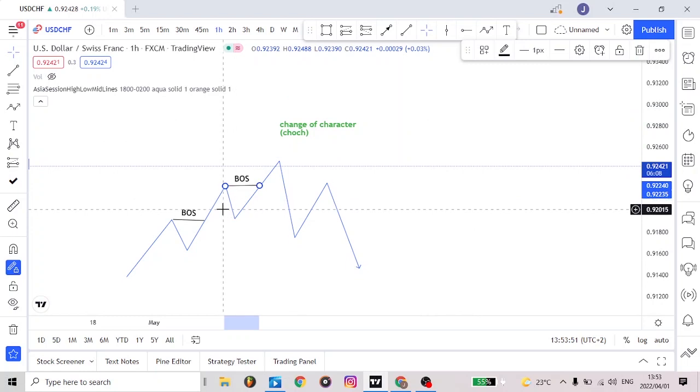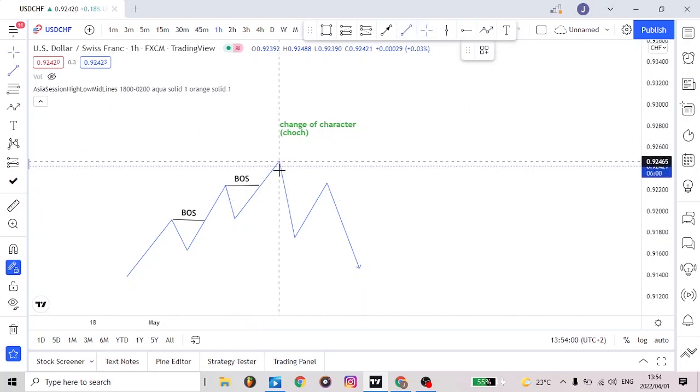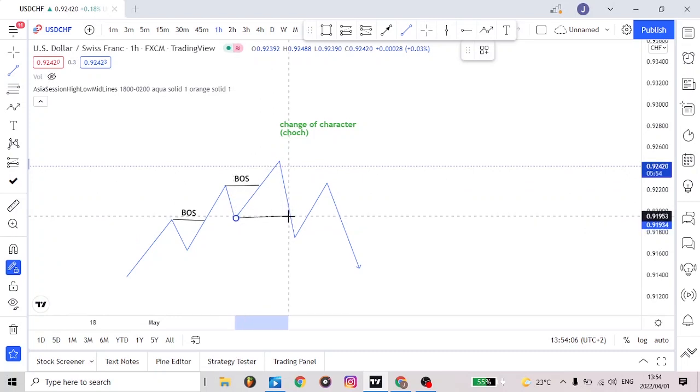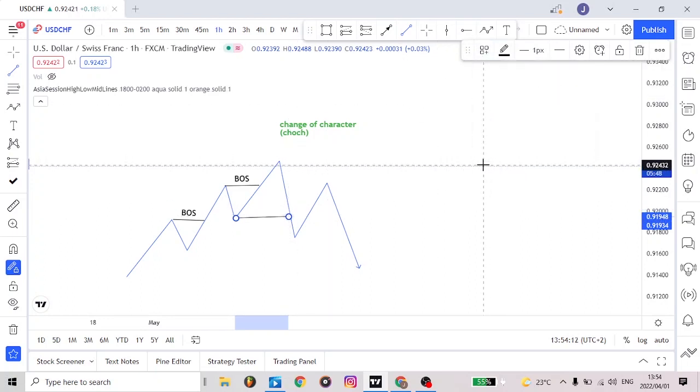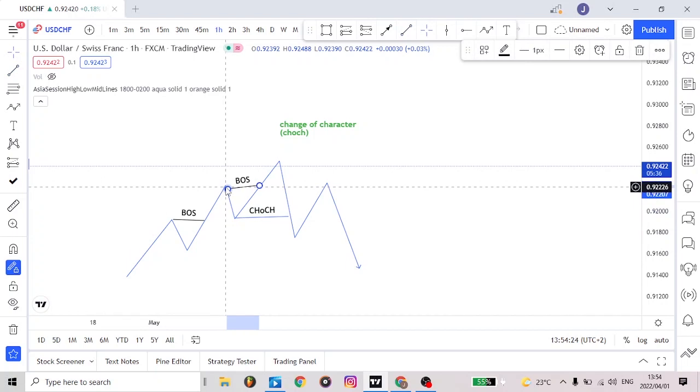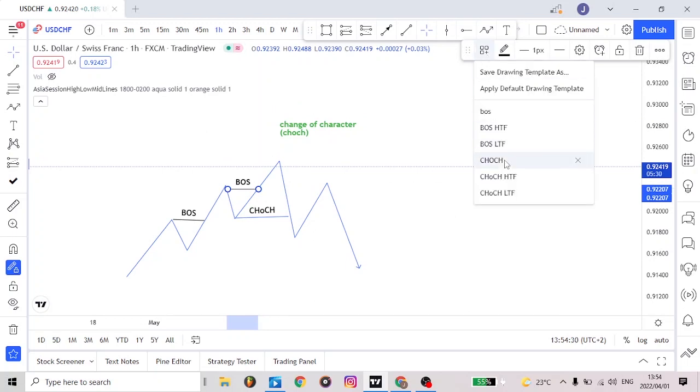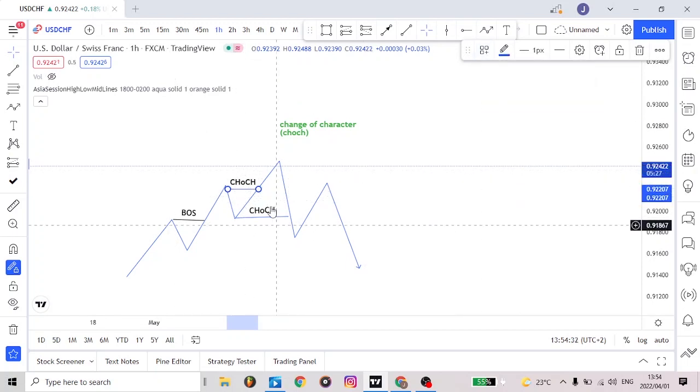Now the market pushed up, took out this high, and then it created a higher high, and then the market started shooting down, and then it took out this lower low. Now this here is a CHoCH. It's a change of character. Some people prefer that when this becomes a CHoCH here, they also change the labeling on this one and say this is also a CHoCH. Now we'll get into why some people also call this a CHoCH. They name it on both sides.